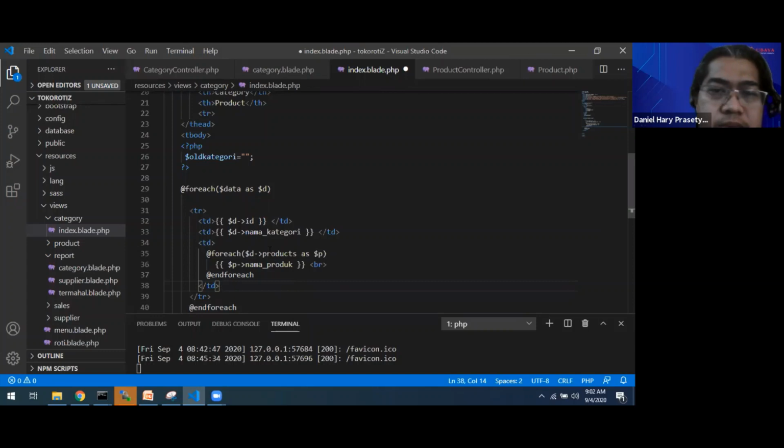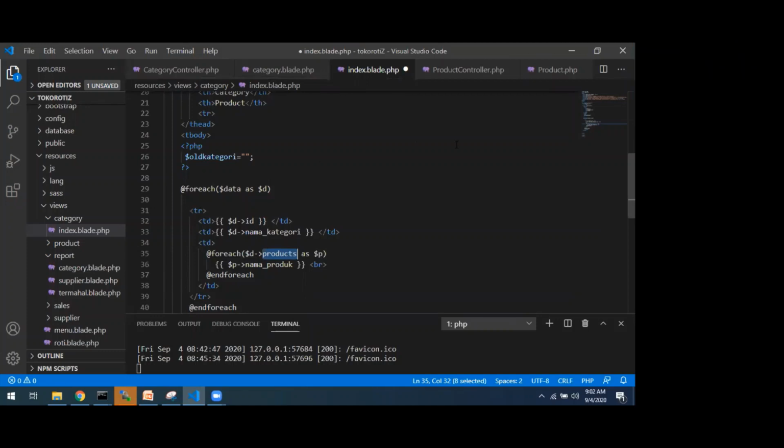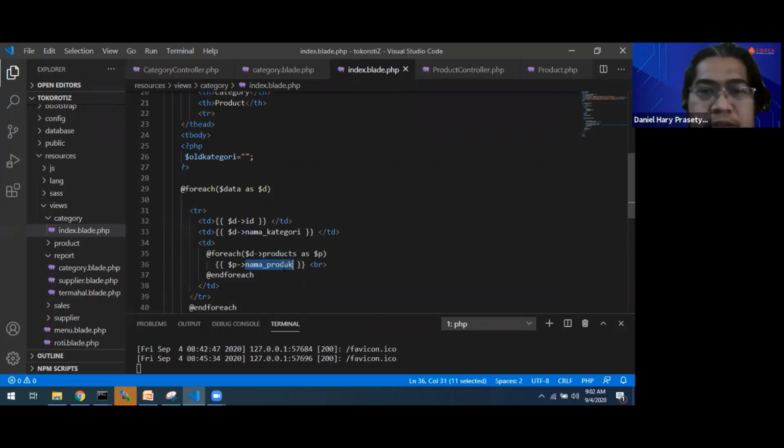Okay, we don't need to join the category with products. We just send the category, because we already created the has many function. Sir, yes, I think I don't have nama underscore product. Okay, this one is following the product table.